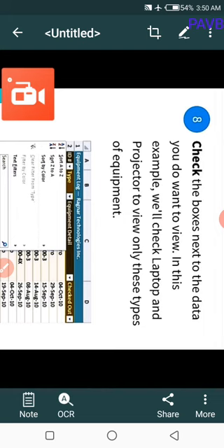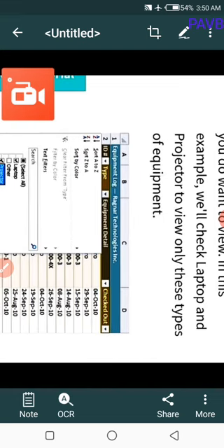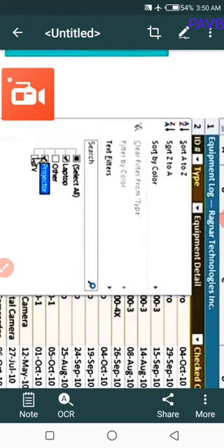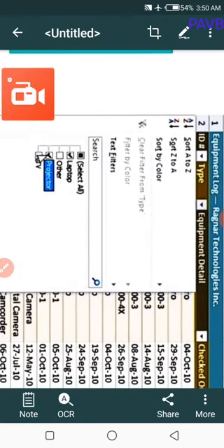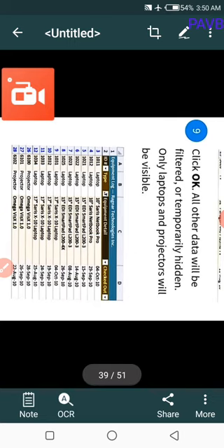In this example, we will check laptop and projectors to view only these types of equipment. Step 9. Click OK. All other data will be filtered or temporarily hidden. Only laptops and projectors will be visible.